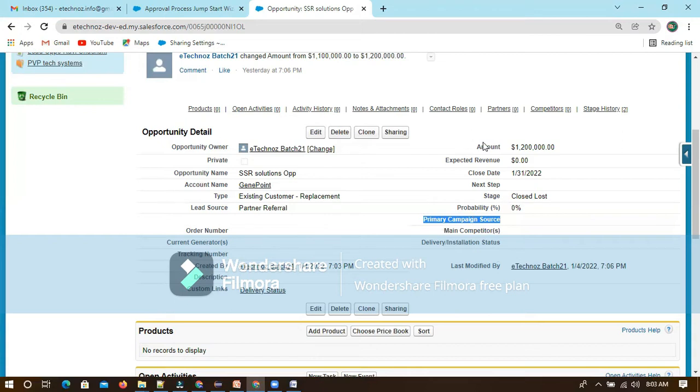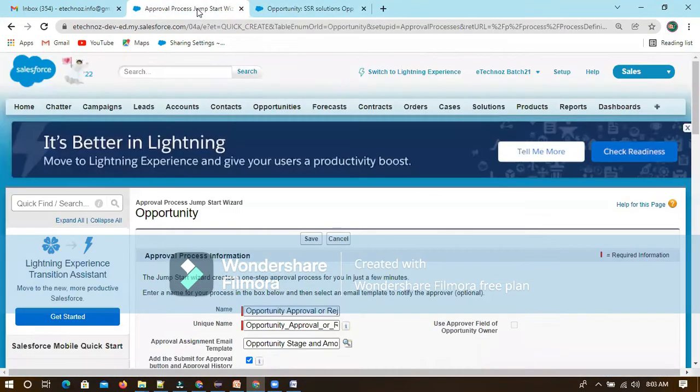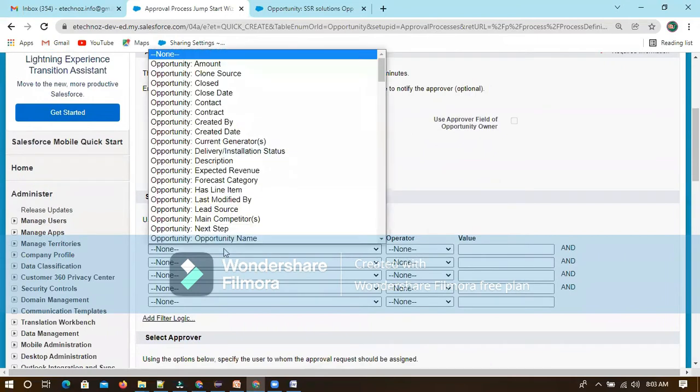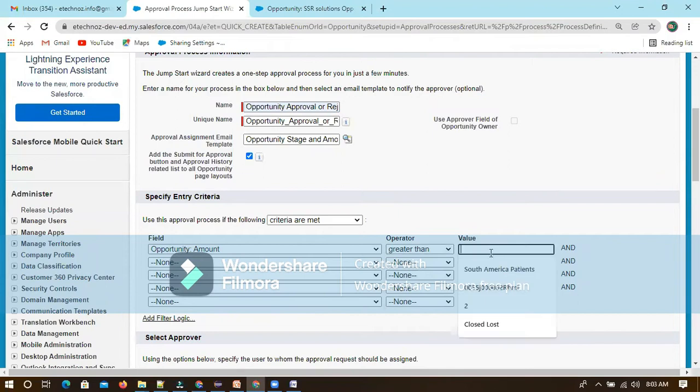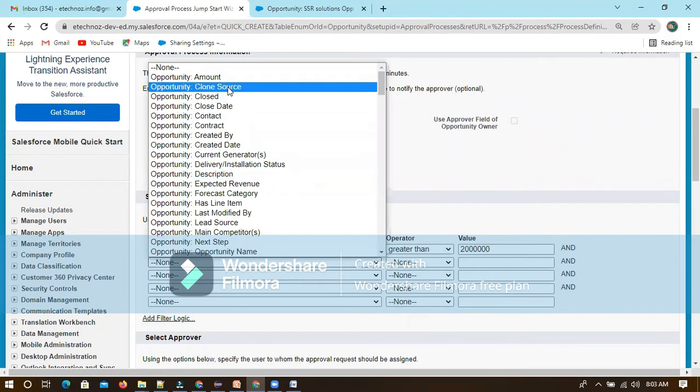But right now we are using only existing fields. I'll go with amount, stage, and primary campaign source. So with these three fields, let's quickly create a condition. One is the amount. If it is greater than 10 lakh, so better not 10 lakh. Let's go with 20 lakh, because other logics are already working for 10 lakh, right? So this is for a 20 lakh opportunity amount, if it is greater than 20 lakh.